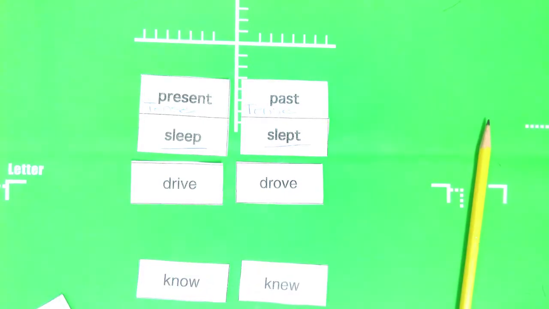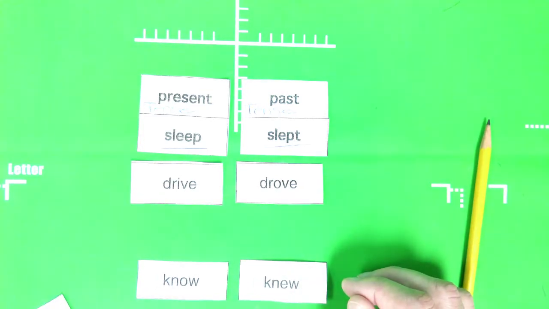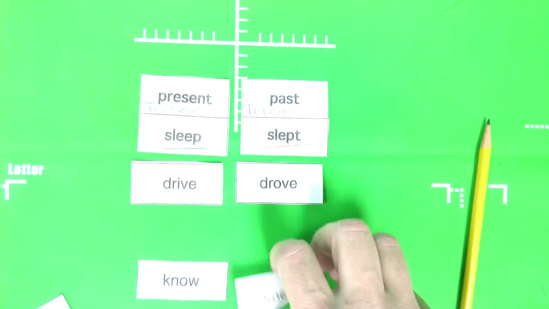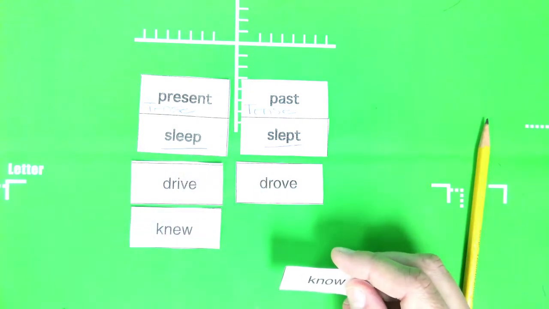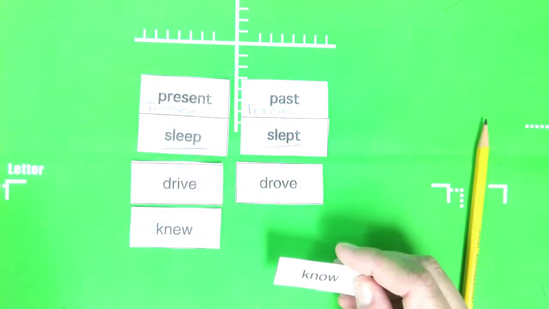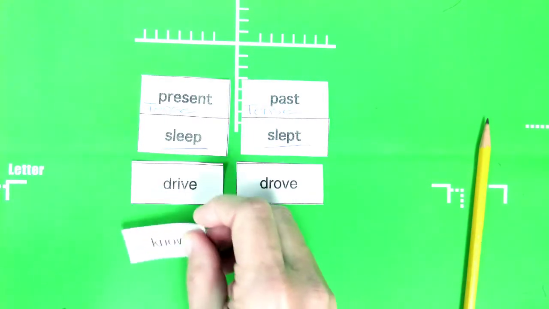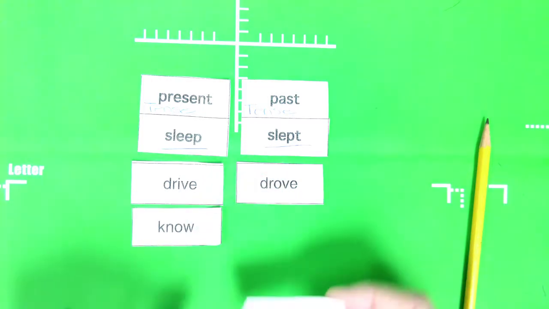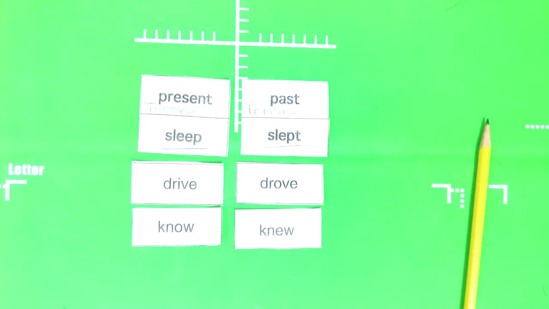Okay, I've got know and knew. So I asked myself, which is present tense? I knew the answer. Well, then that means knew is present tense because I knew the answer. Well, wait a minute. Nope, Mrs. Hill made a mistake. Know the answer. I know the answer right now. Yes, I know the answer. So that is present tense. And I knew the answer is past tense. Heck, I already knew that answer. I could have answered that a long time ago. So be careful, don't get tricked